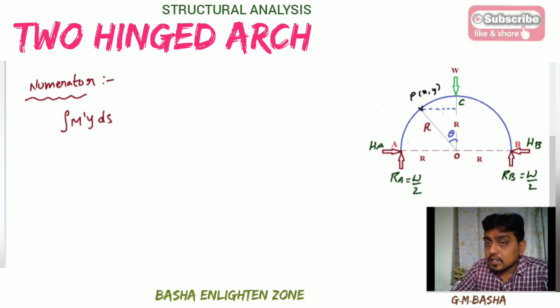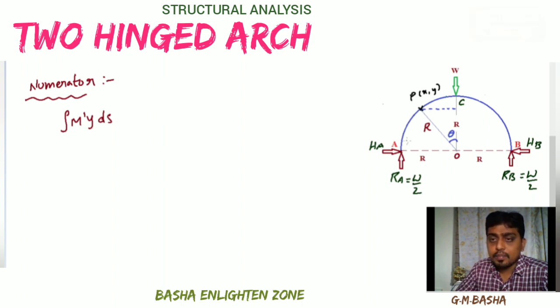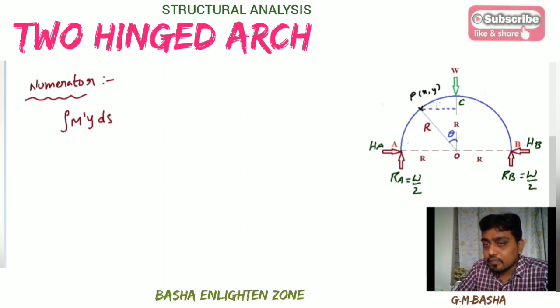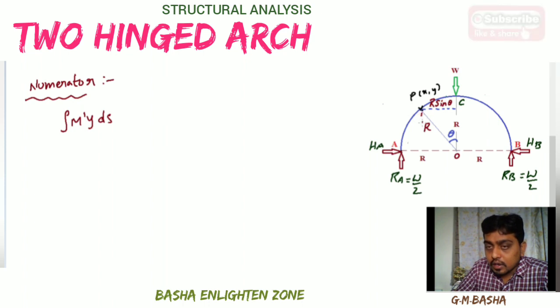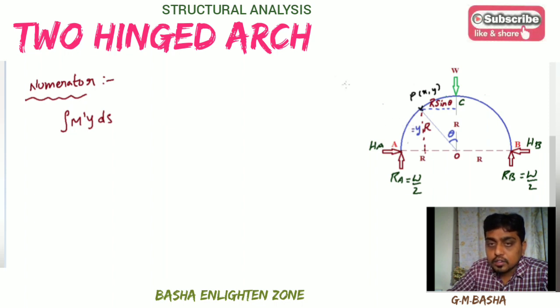So what about this distance? Already you know, if you resolve this one, by taking the angle opposite you will get directly sin theta, which is the distance of r sin theta. In the same way, this is the vertical distance up to the point here, which is denoted with y. So how much will it be? It will be equal to r cos theta. So here I am writing that one. This y value will be equal to r cos theta.